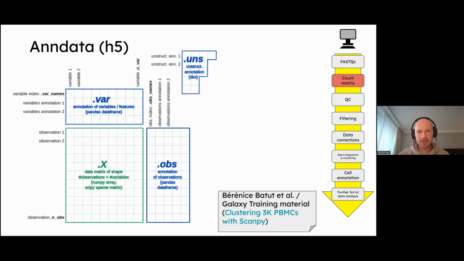You will get a file which is called H5. This is a hierarchical structure format, and a specific format because single cell data can be quite big. And in order to handle this, this H5 format was introduced. And if you load this now in